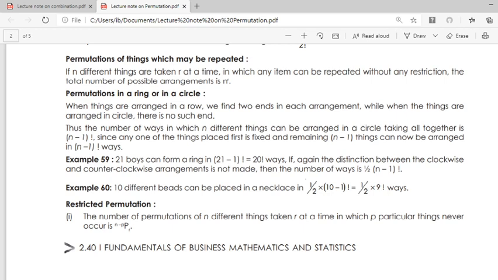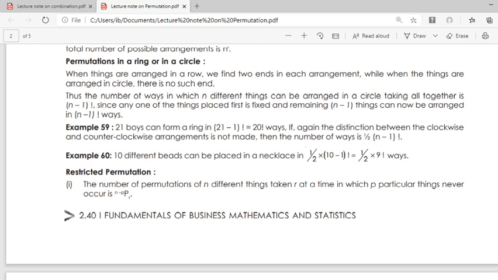But if I now want to look at the distinction between clockwise and anti-clockwise arrangement, and no distinction is made, look at example 60. 10 different beads can be placed in a necklace. Now I want to consider 10 beads placed in a necklace. If the distinction between clockwise and anti-clockwise arrangement is not made, then I'm going to have 1 over 2 times n minus 1 factorial. Now you need to know about restricted